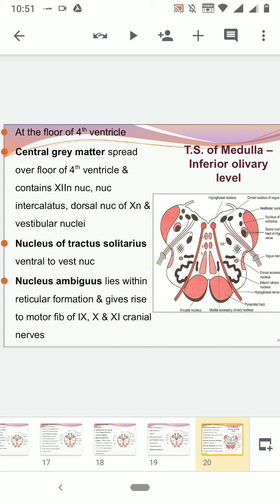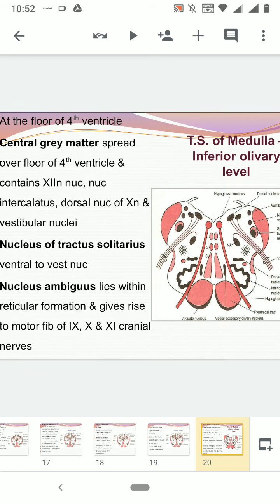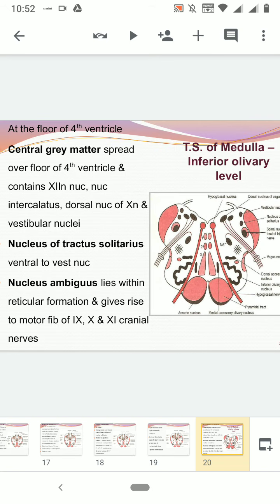On the ventral aspect you have the pyramidal tract. On the dorsal aspect laterally you have again the orange color masses, and these two are the inferior cerebellar peduncle. You remember, I keep telling you that the cerebellum and the medulla oblongata and the pons and also the midbrain are very well connected with each other,